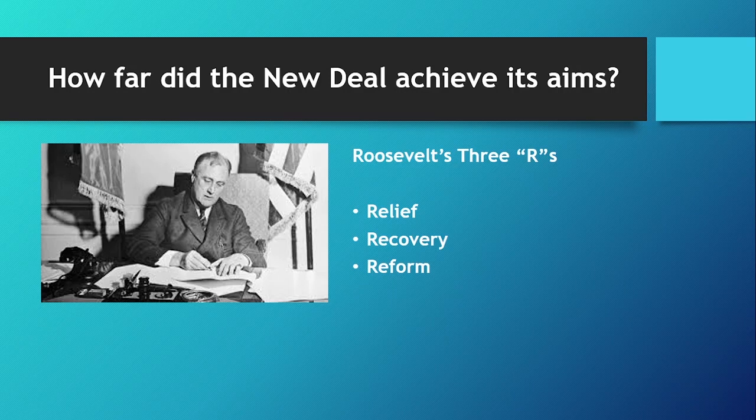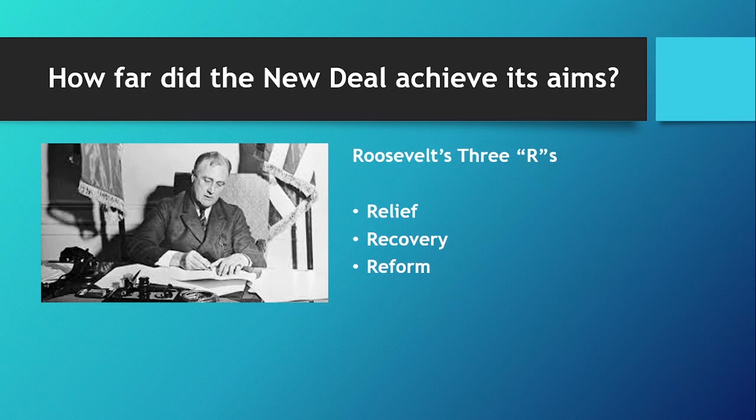Well, for this one, paragraphs focusing in turn on relief, recovery and reform with a balance in each, and that balance can be tipping one way or the other, seems to provide the basis for a very good answer. And you can use examples of how the New Deal affected different Americans for better or worse. For example, how far were the unemployed given relief with temporary jobs? Or how far were homeowners or farmers given relief with their mortgage payments?